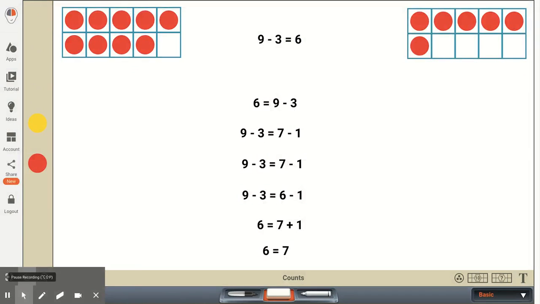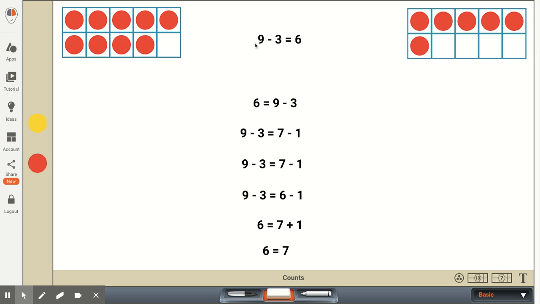Continuing on with the standard, we'll now look at some subtraction problems. So for starters, we have 9 minus 3 equals 6, or 9 minus 3 is equal to 6. And we'd want our first graders to know, is this a true equation? So if the students say yes, we'd want them to be able to show us or tell us why.